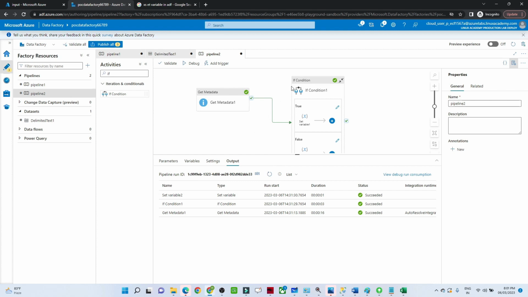So that is how we can check the if condition. I hope